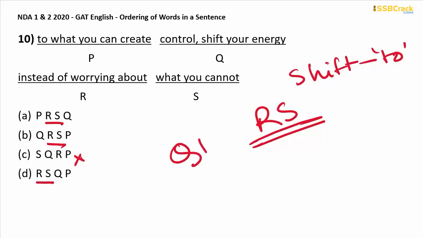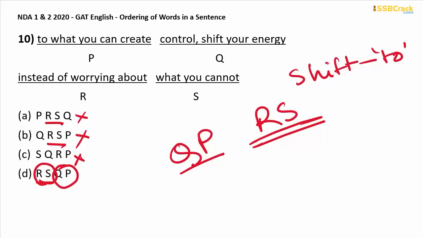So Q now will be followed by P. So you need to find out QP and an RS combination, right? So let's find out in option A. See, Q and P are not one after the other. So you need to cross it out. Go to option B. Q and P again is not one after the other. So you need to cross this out as well. But if you come to option D, you will find RS together and QP together. Now this is the desired combination. Now let's apply the combination and read the sentence and see if it is complete or not.